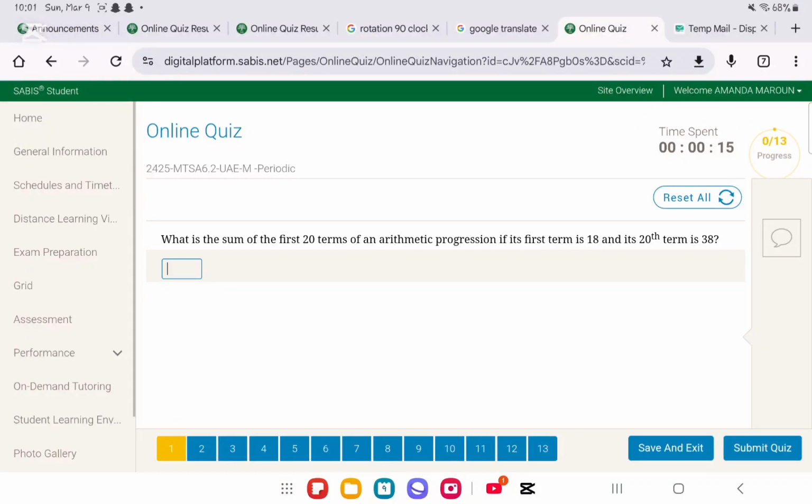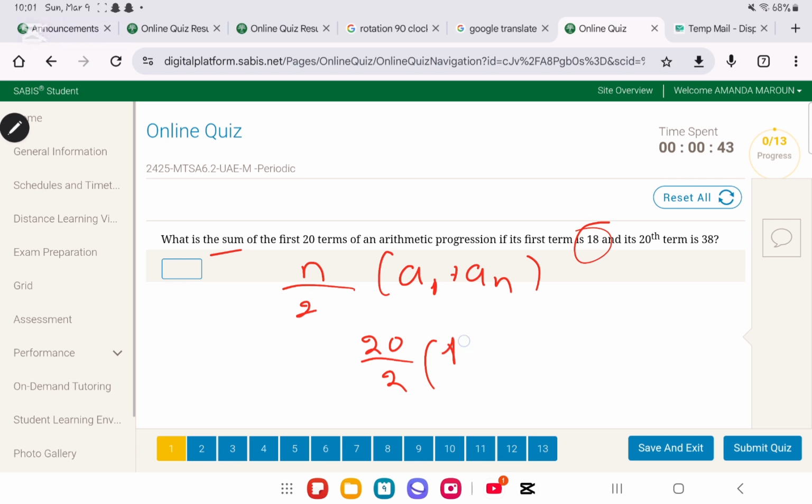So today I'll be explaining the math algebra course practice of section 6.2. They said, what is the sum of the first 20 terms of an arithmetic progression if its first term is 18 and its 20th term is 38? Very simply, you should know that the equation for the sum is n over 2 multiplied by a1 plus an. So n is 20 divided by 2 times a1, which is 18, plus the 20th term, which is an, which is 38. So you will put it on your calculator and you're going to get an answer of